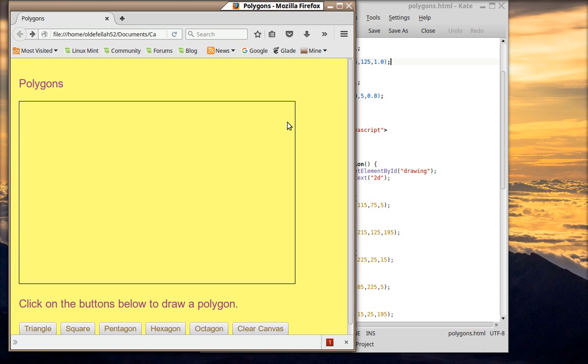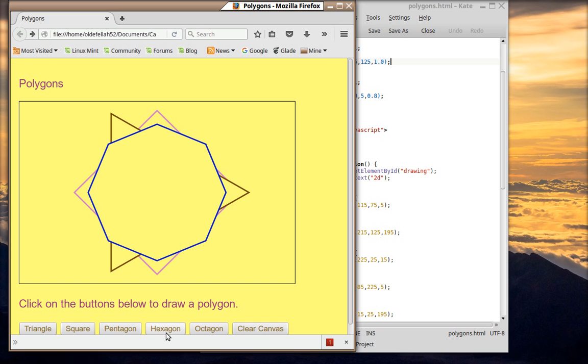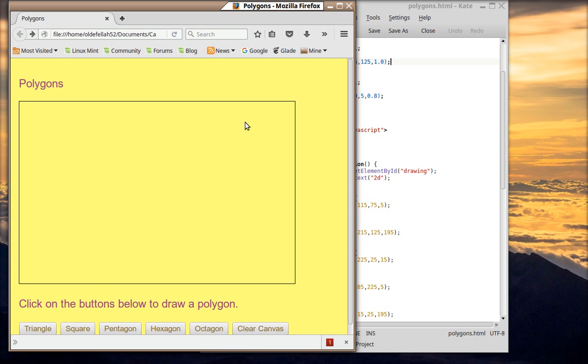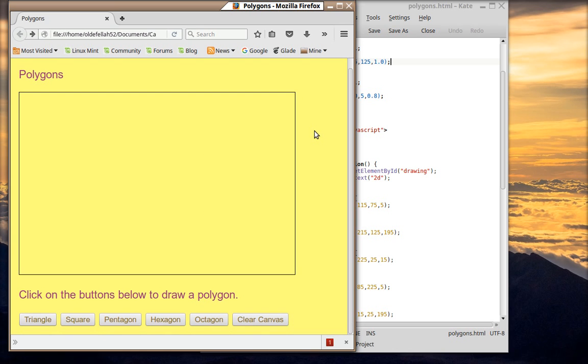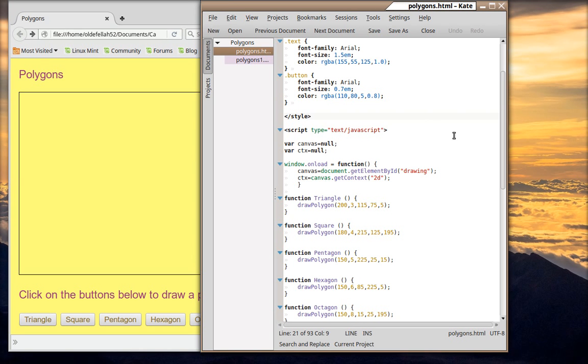So here we are in Polygons, and here we are in Canvas, and this is what we're going to look at, the code for this. And we'll make a few changes. Now, I'm the first to admit that I didn't write this particular Canvas project from scratch. I actually went and found some stuff and did a bit of modification, and this is what it now looks